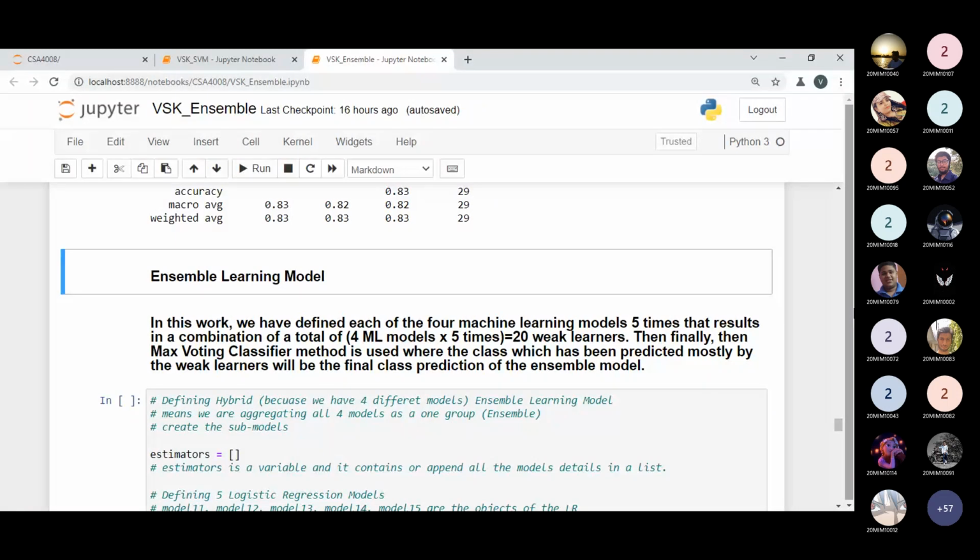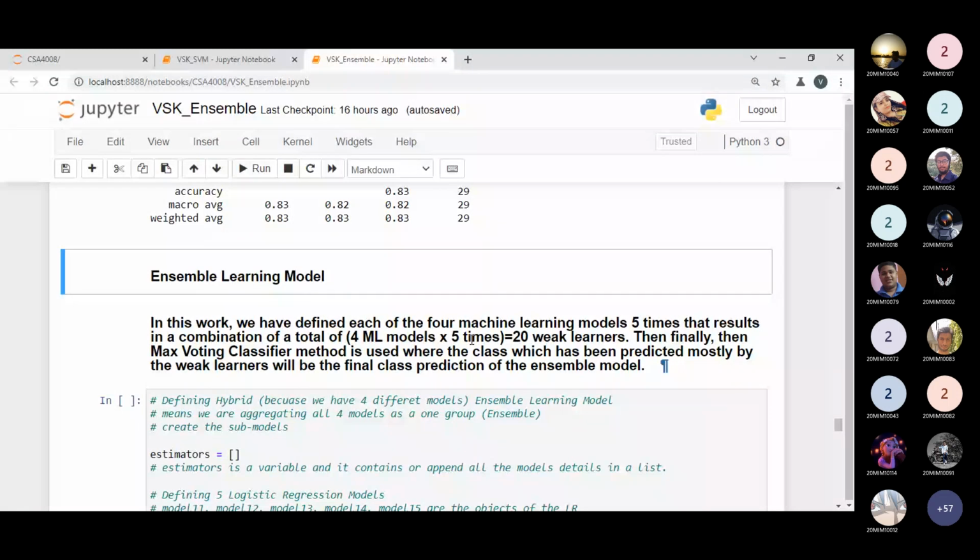So I'm using the 4 basic models, that is the logistic regression, decision tree classifier, support vector machine, and KNN, and I'm making sub models. So 5 sub models of each and every base model I have to prepare. So the total would be 4 into 5, that is 20 base learner models. In ensemble modeling I'm applying the 4 basic models, and 5 times I have to use them by passing different parameters. It is optional, but if you want to pass, then you can.